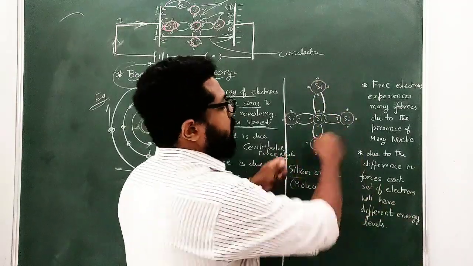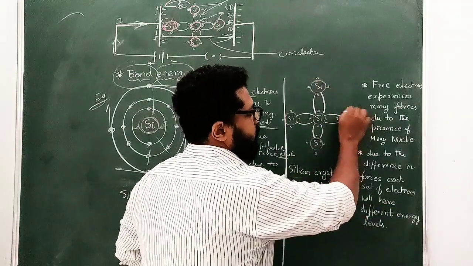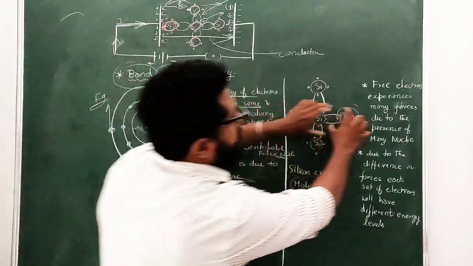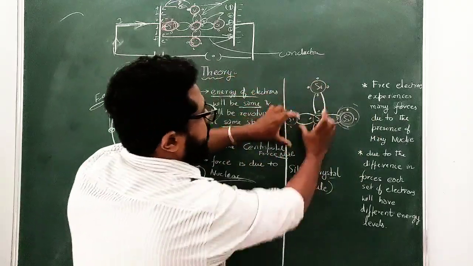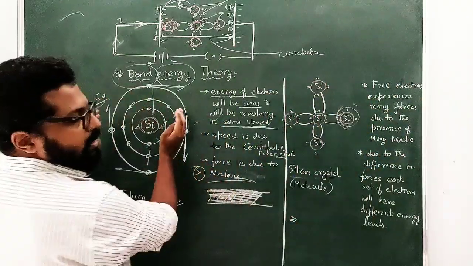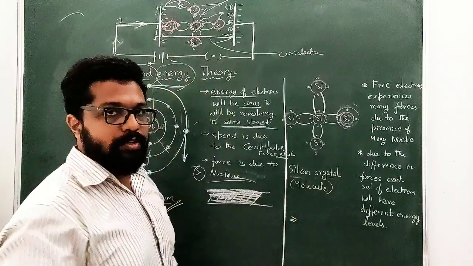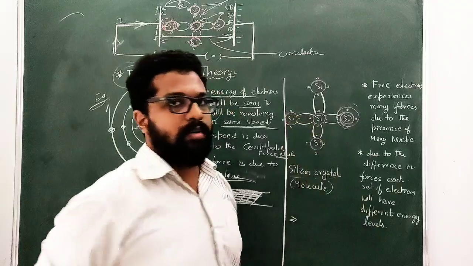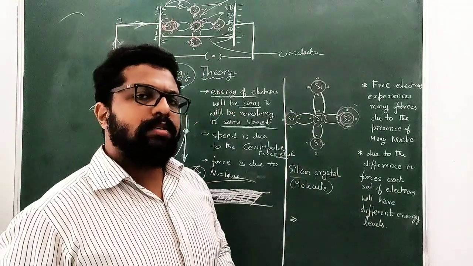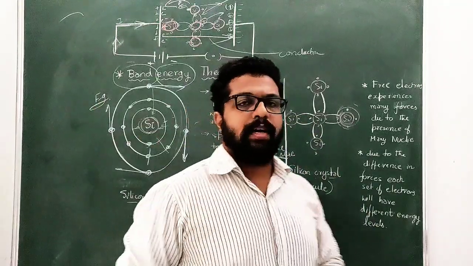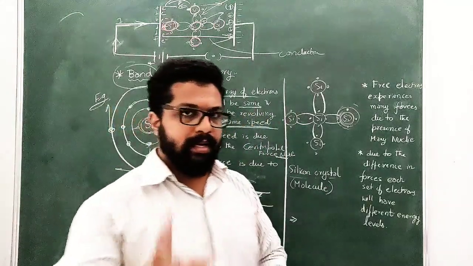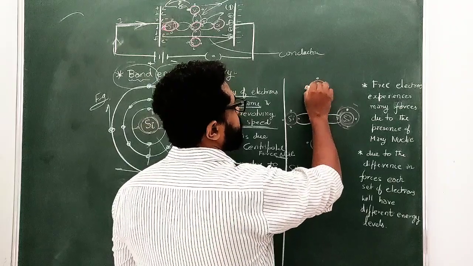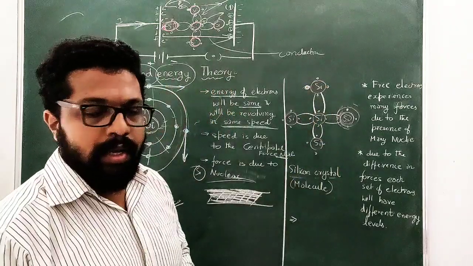I'm just drawing that there are other shells as well, as I've drawn here. This one thing is one part, but this full thing is available so many times. This one atom is available so many times, which means there are many nuclei present around in a silicon crystal. So what will happen to the electrons in the outermost shell? Let us consider one example, maybe any one electron over here. I'll take an example of this one electron.